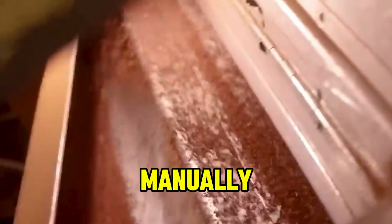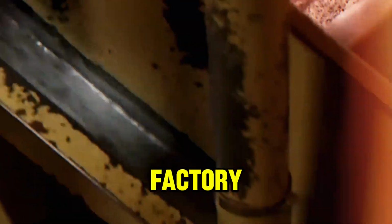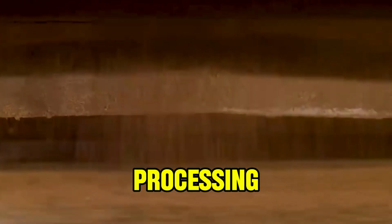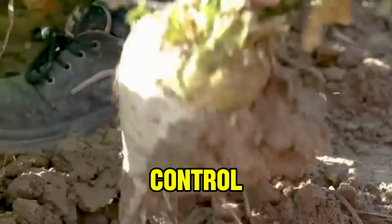The hazelnuts are manually selected after cleaning them to ensure that only the highest quality nuts are sent to the factory. The quality controller uses a special guillotine to cut a sample in half when they are satisfied with the quality of the nuts. Once they have been sent for further processing, the hazelnuts must undergo cleaning and roasting before joining the mixing process. Once in the factory, the hazelnuts undergo an additional round of quality control, including a surge